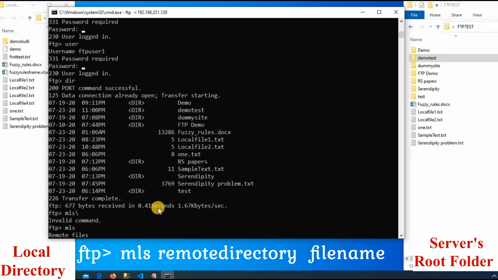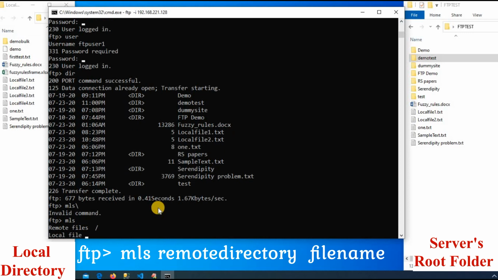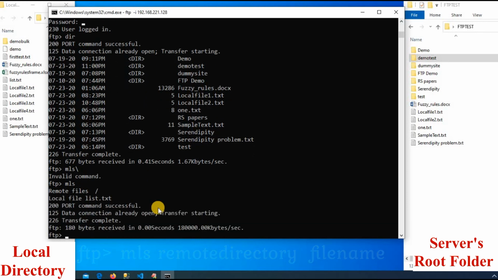I want the list of the root directory only. So enter. It is prompting for the local file, meaning in the local system with the name of which file you want to save. I want to save with file list.txt. Enter.